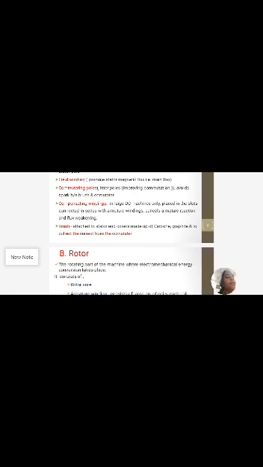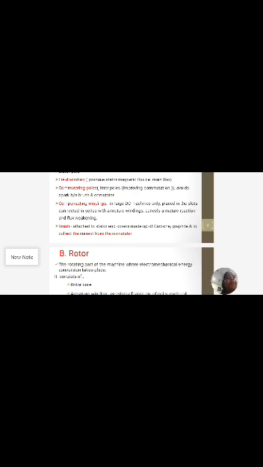And next, it is in cylindrical shape, and it is made of wedge shaped segments which are insulated from each other by a thin layer of mica. So this is the construction of the commutator. In order to insulate the segments from each other, a thin layer of mica is used.